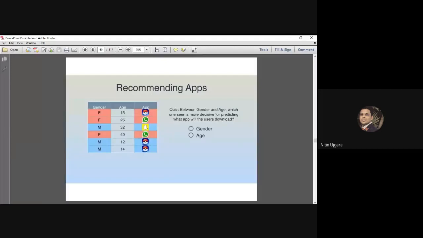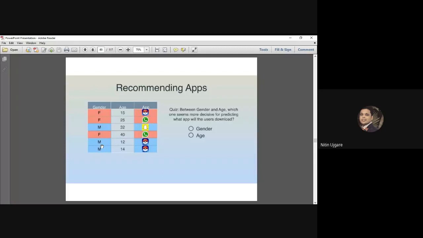Okay, so let us first take the gender column. There are 3 females and 3 males. Just focus on the pink highlighted color, and you can see that out of these 3 females, 2 have downloaded WhatsApp, and 1 female has downloaded the Pokemon. Now look at the blue highlighted area.